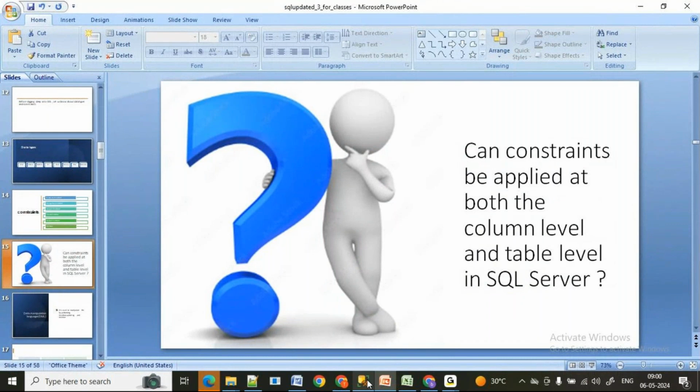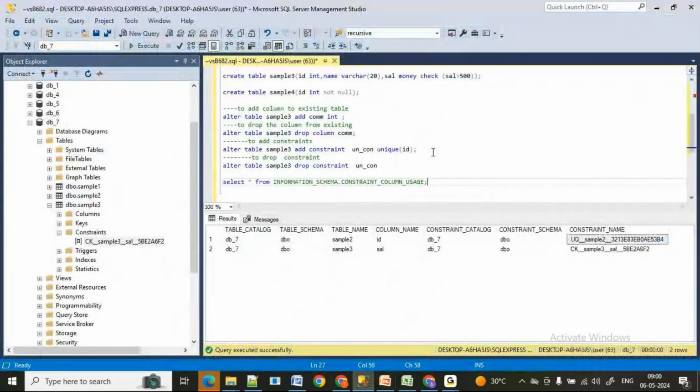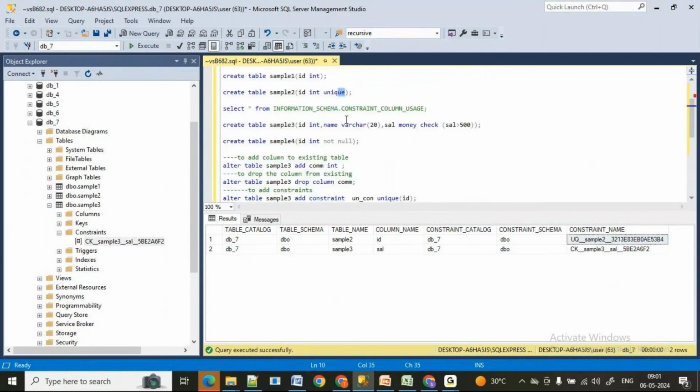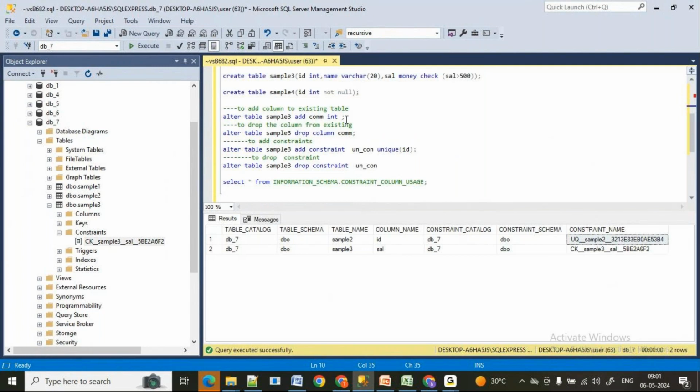Right now we have seen the table level way of adding a constraint, and this is the column level way. Column level means you mention unique after the column name, like int unique. So column level can be applied, and table level can be applied.